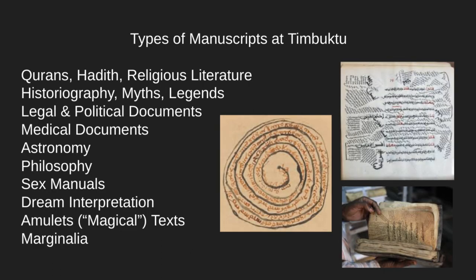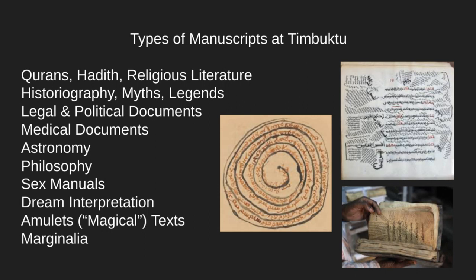And so it's very exciting, the discoveries that are being made in these manuscripts of knowledge that has hitherto been completely unknown. Now, these are some types of manuscripts that you may find today at Timbuktu that I'd like to just mention here. These are just to give you a broad sense of what is contained in these manuscripts. There are Qurans, which is, of course, the revealed word given by the angel Gabriel to the Prophet Muhammad, and then later written down. The Hadith, which are the sayings of the Prophet Muhammad. There's many other forms of religious literature as well that you'll find in Timbuktu.